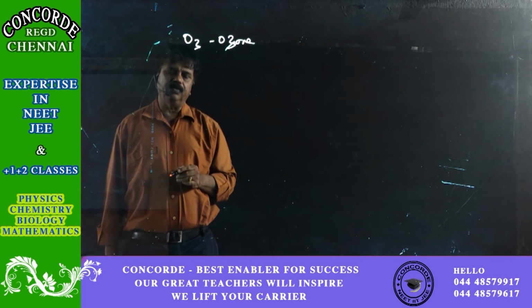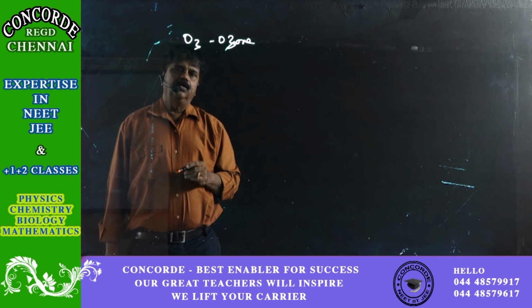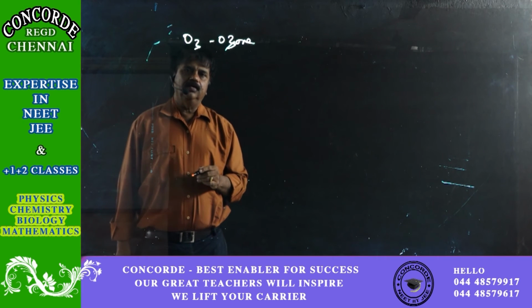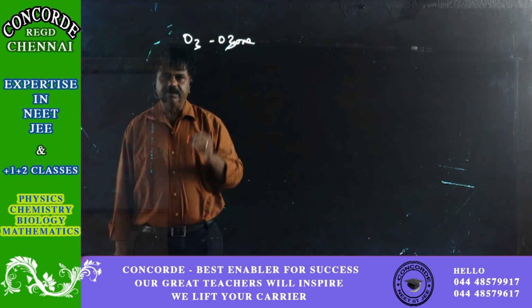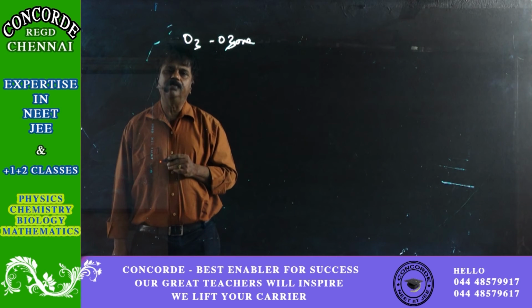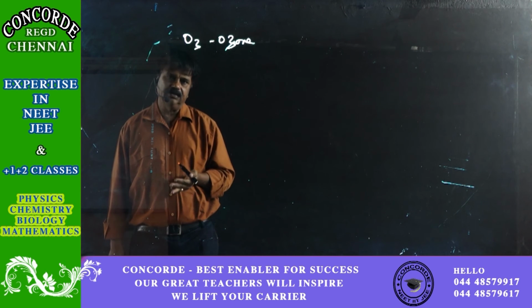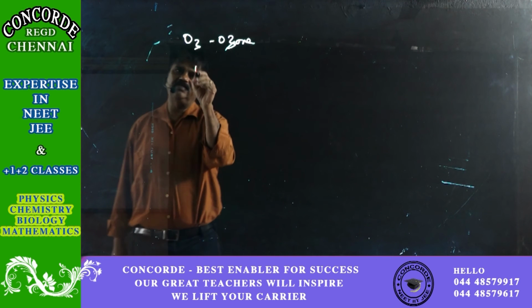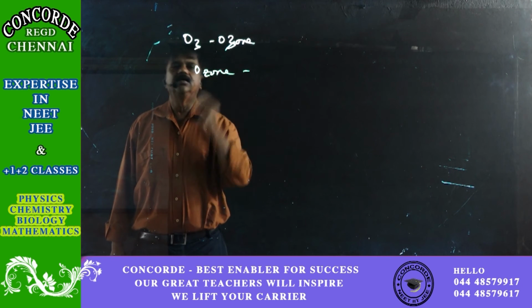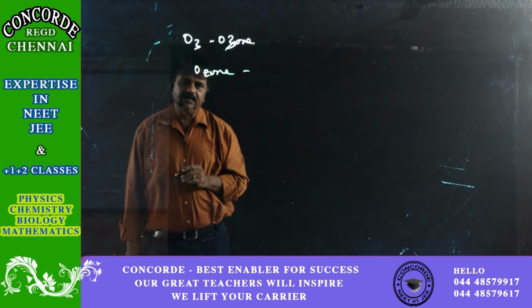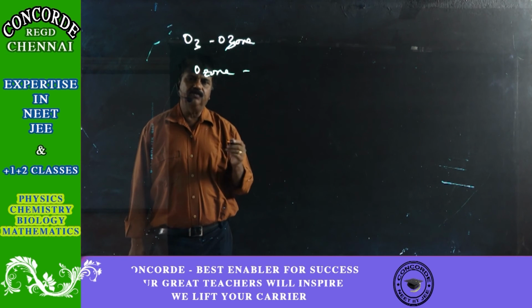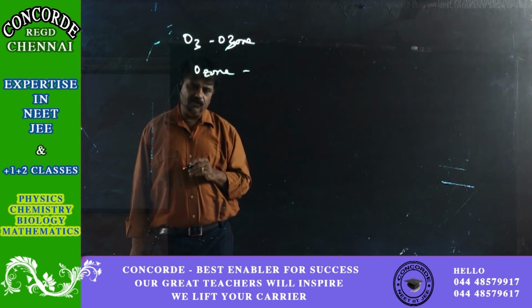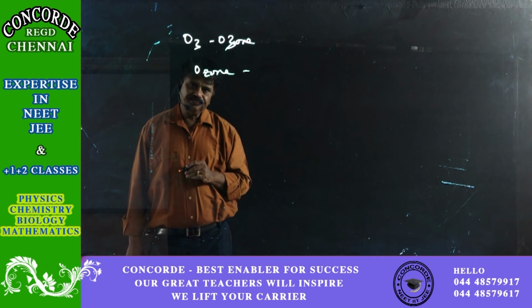Ozone is an isotope of oxygen. Ozone, you know, is very well present in the atmosphere at the top heights, right from the earth. And this is the ozone layer which prevents the earth from attack of the UV rays. So the UV rays are filtered by the ozone layer. So it is also an important thing.